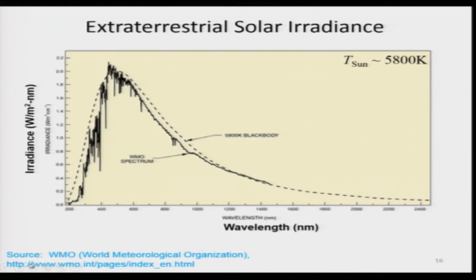And this curve shows what I was talking about in the previous slide, the actual measurement of the WMO spectrum, where WMO stands for this. And the nice thing is this measurement has been done extraterrestrially, which means if this is planet Earth, then there is a thin layer of atmosphere surrounding it. So, this measurement has been done outside the terrestrial region, maybe at this point over here or this point or this point.